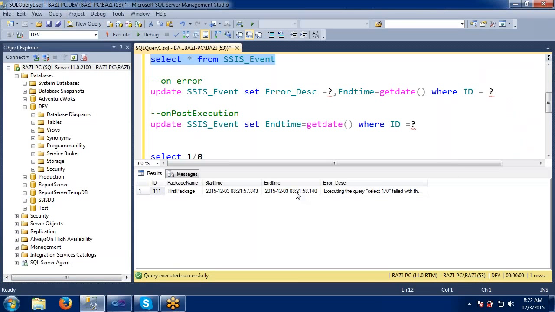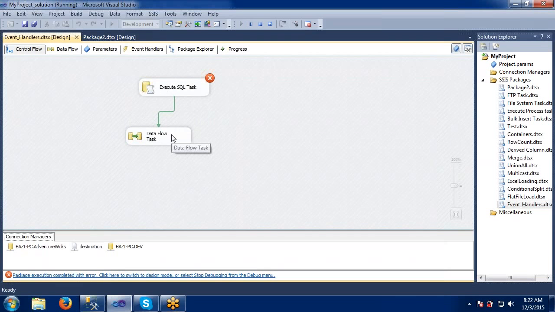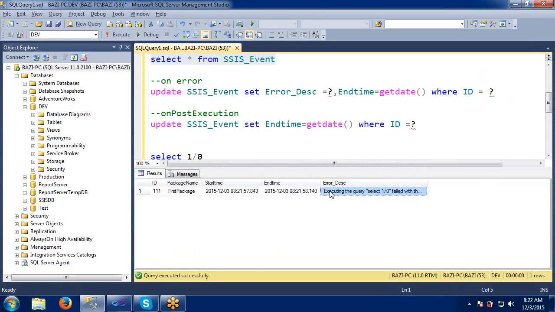If you see this one, 8:21, the time is the same as when the package ended. At that time it was 8:21. And what was that issue? Actually, our package failed. If you remember, see here, the package failed due to some error. What was that error? We can check in the error description. It is captured here: divided by zero encounter. See, that error is captured here. So like this, we can capture our own descriptions, I mean system defined descriptions, into our own tables, and we can handle it in different ways. Okay.